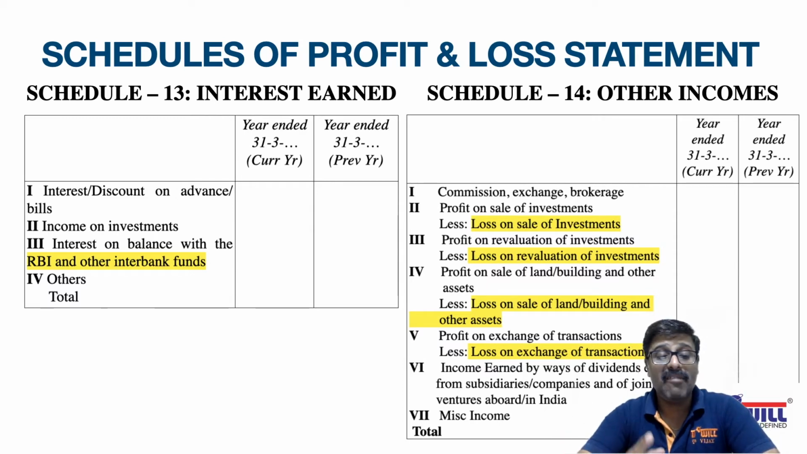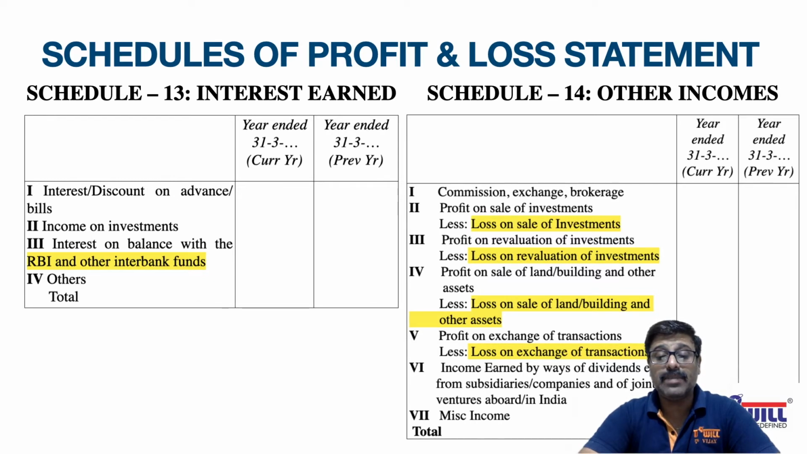So therefore, I have marked it in yellow highlight, all of you mark it important. If the word interbank funds is used, RBI balance is used, then that will come in schedule 13. If the word interbank borrowings is used, then that will come in schedule 15. And other incomes. Within other income, schedule 14, we will have commission, exchange, brokerage, profit on sale of investment, less